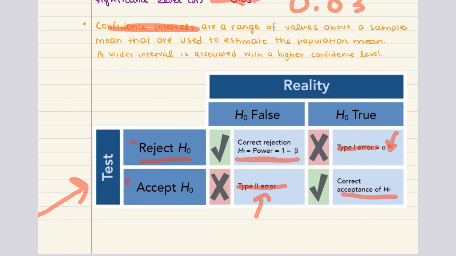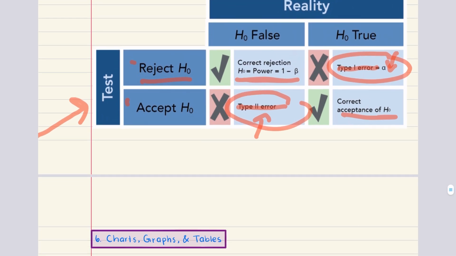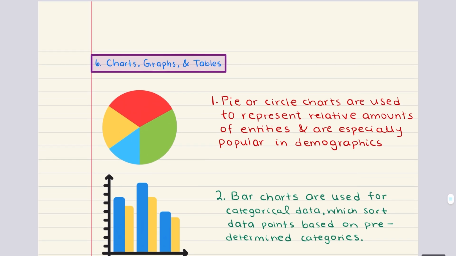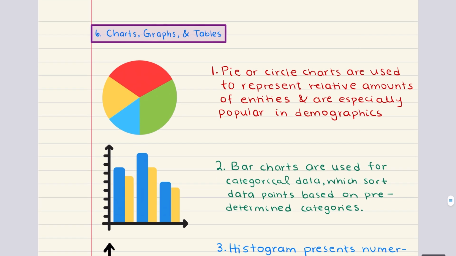However, if we reject a null hypothesis when it is true, then that's a type 1 error. And if we fail to reject the null hypothesis when it's false, then that's a type 2 error. And with that, we've completed objective 5, and now we can move into objective 6, where we're going to cover